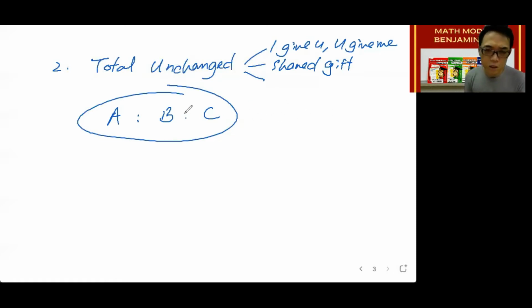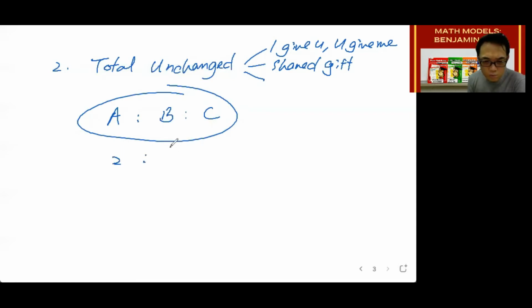And because they share it like this, then the total amount of money spent belongs to the three of them, no matter how it is done. So in a shared gift question, generally, if they give you a ratio,